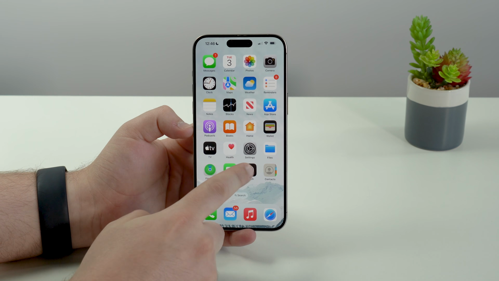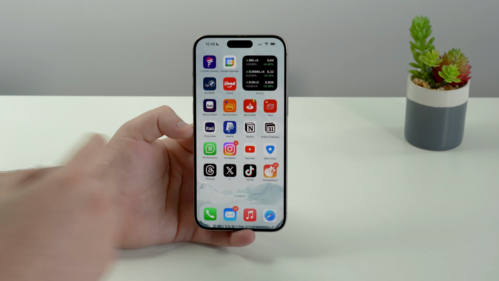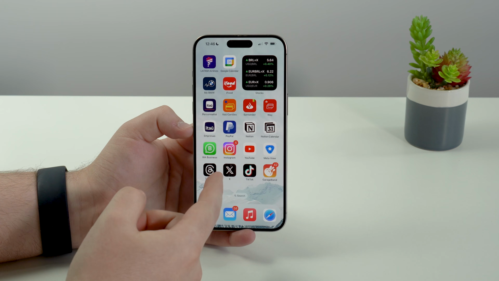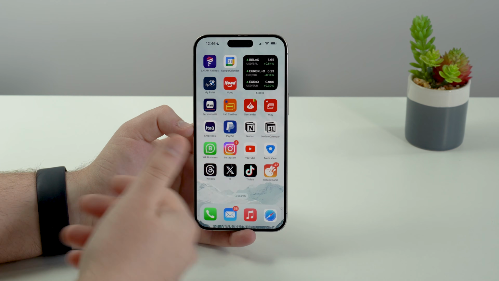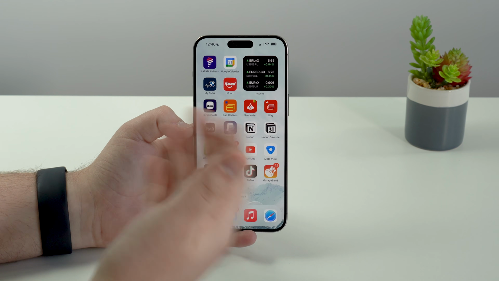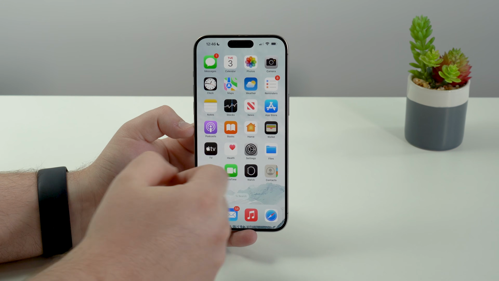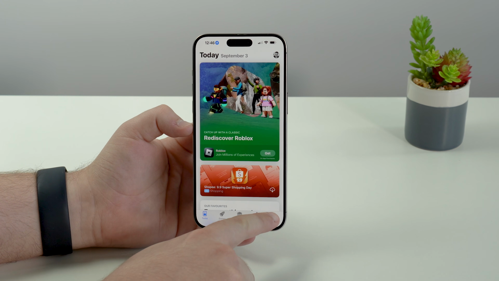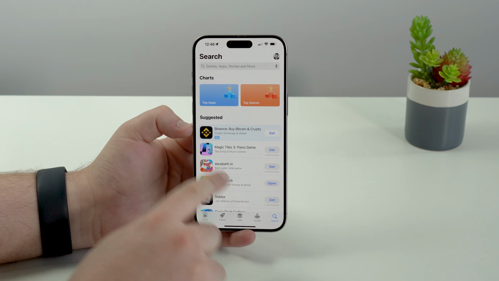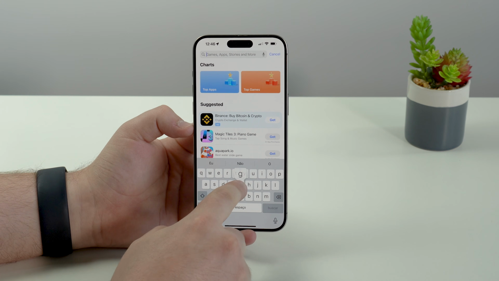Okay guys, in order to do this, we will need GarageBand, which is a native Apple application that comes pre-installed on every iPhone, and of course, it's completely free. If you can't find it on your iPhone, maybe you have deleted it, but no problem at all. All you have to do is open up the App Store and let it load. Go to search at the bottom corner, tap on search, and then naturally go for